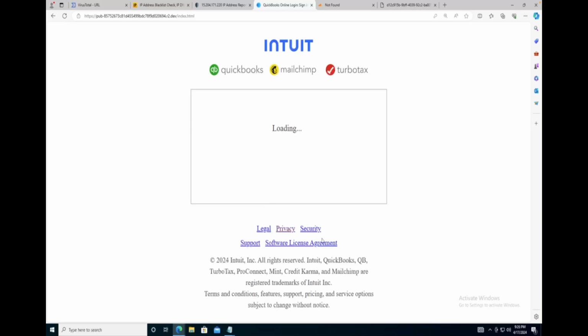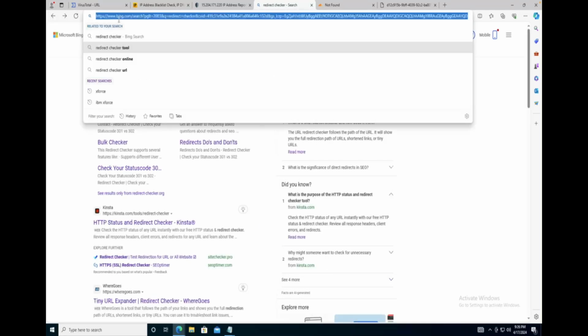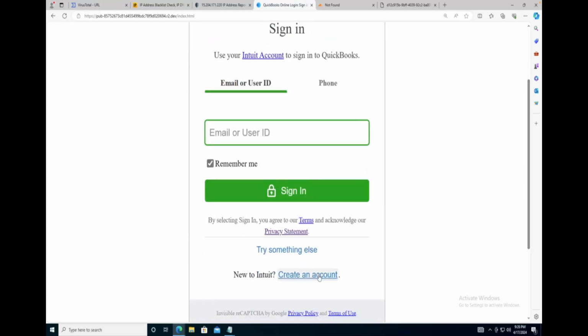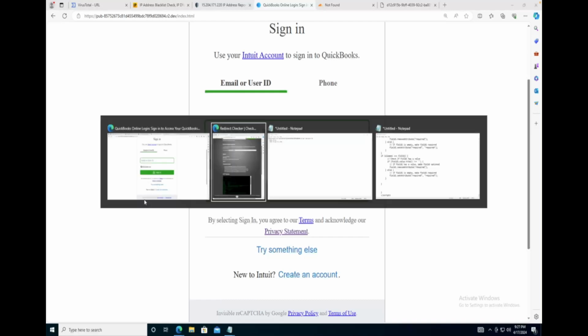Other things to consider when you're looking at phishing sites would be, you see some of the links that work. That's great and all. So we'll go back and pop that domain in again. Create an account doesn't do anything. Try something else doesn't do anything either. But everything else works. And this sometimes is a telltale sign, and if the URL doesn't scream it out, I don't know what will. So now the next stop that we're going to end up doing is pretty much going to,